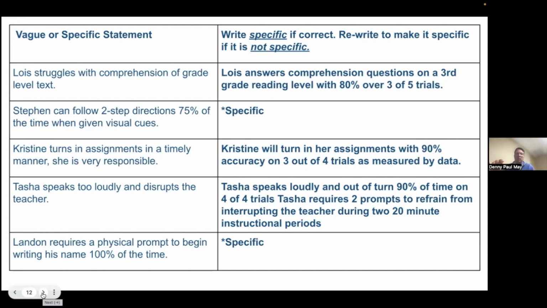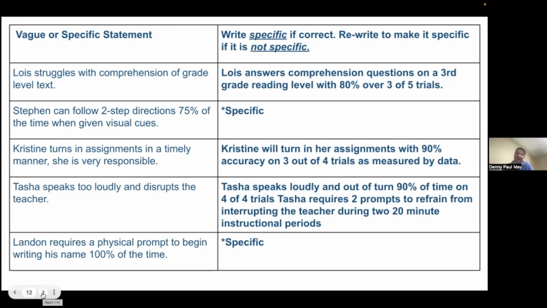And so we know that if a kid is currently at about 90% on 3rd grade, consistently, they can answer 90% of the questions on 3rd grade, we probably need to look at probing them on the 4th grade or maybe even the 5th grade, depending on their disability. And so we want to provide ambition, and we want to provide right goals that have some ambition to them and that are unique to the student. So we've got to know where the kid is particularly functioning so that we can move them up a little bit and we can provide progress over an amount of time.